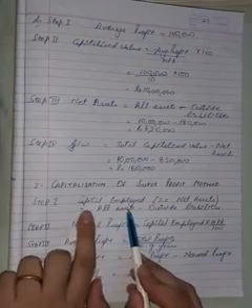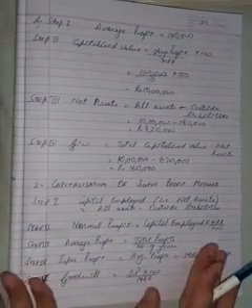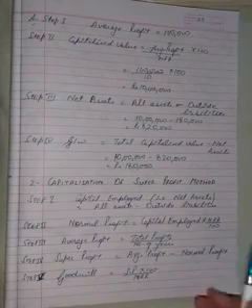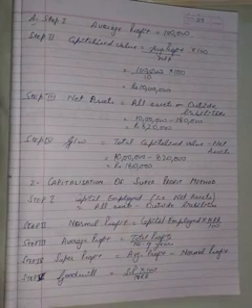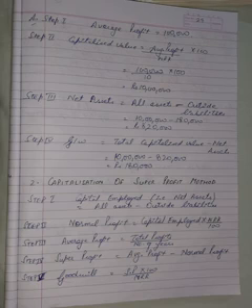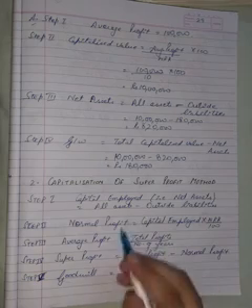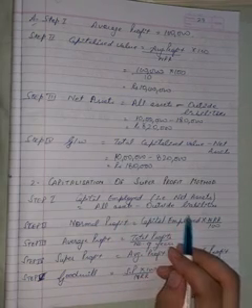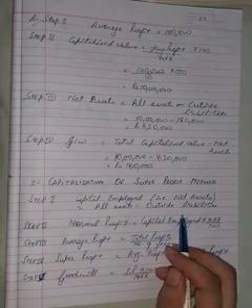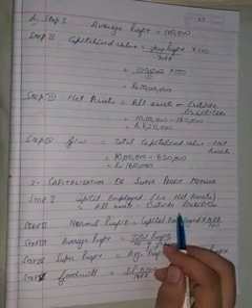So first of all, you need to find out the capital employed, that I have already explained to you in the last lecture: all assets minus outside liabilities, or if you have to follow the liability approach, you can follow that approach also according to the question. Whichever items are given in the question, you have to follow that approach. If they are following the assets approach, you have to follow the asset approach only: all assets minus outside liabilities. If they have given you only liabilities, then you have to follow the liability approach.